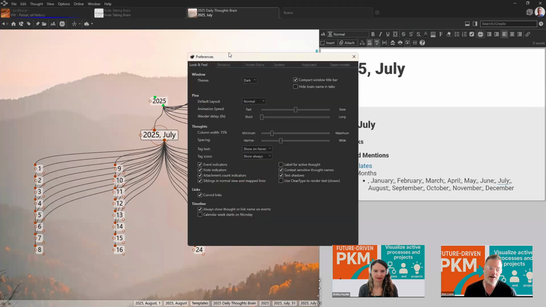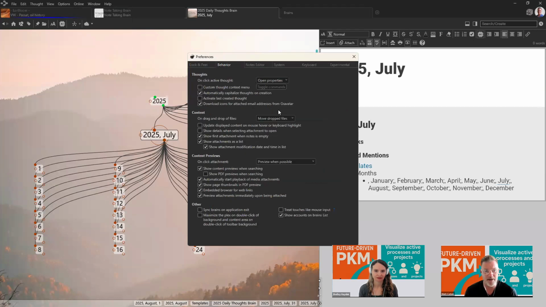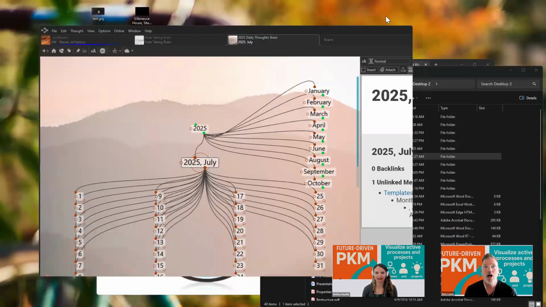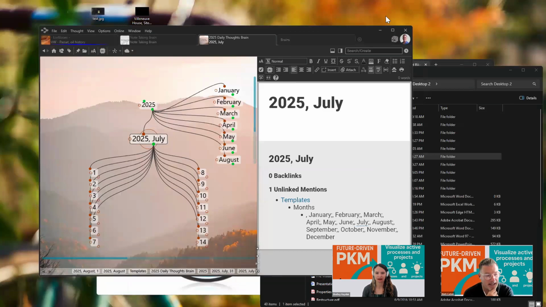If you're on a Mac, you would click on the brain preferences. I would move this file if I were to just drag and drop. But I'm going to change my behavior to say link. And I think the default is actually to copy, so there would be a duplicate. So there are so many ways to do it.